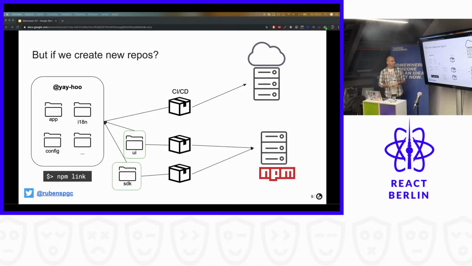Okay, so I need to share parts of my application with other teams. How can I do that? Oh, easy, just create new repositories. I remove those directories from within my big project and make them node packages. Then I make a CI for them and ship them to NPM or an internal NPM repository like Artifactory, etc. And we just link. So my app that relies on the UI and the SDK is still surviving. Easy, right? Awesome. But then,